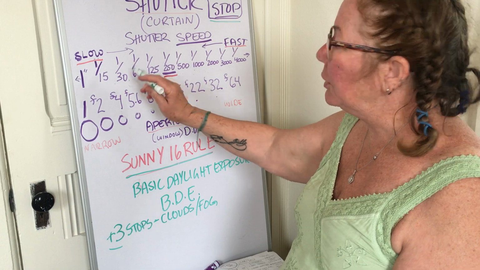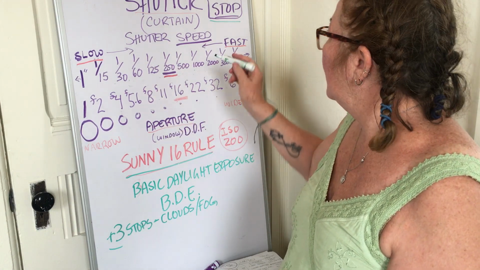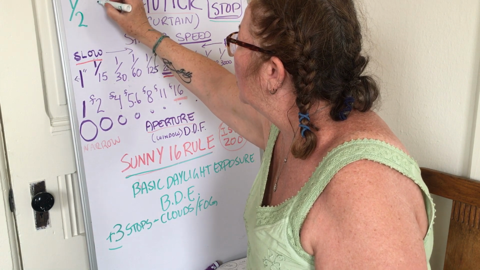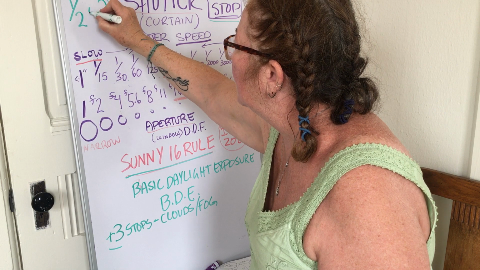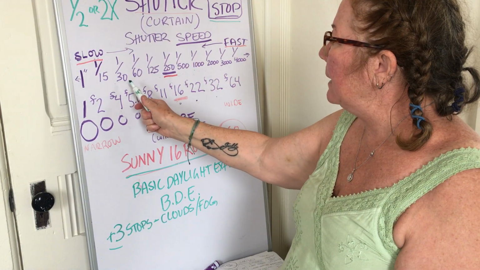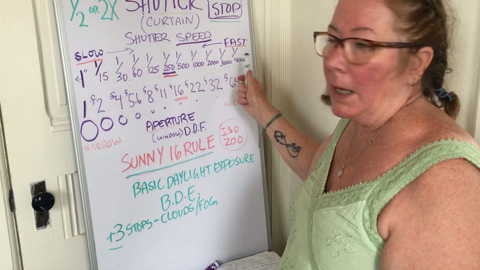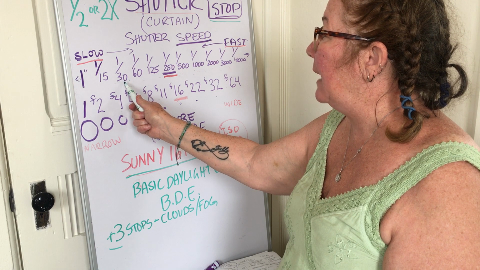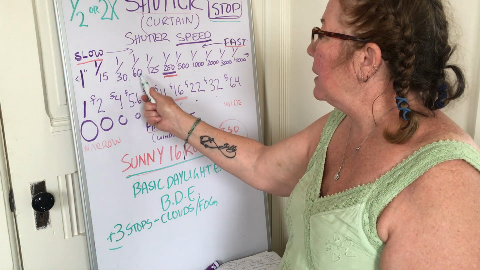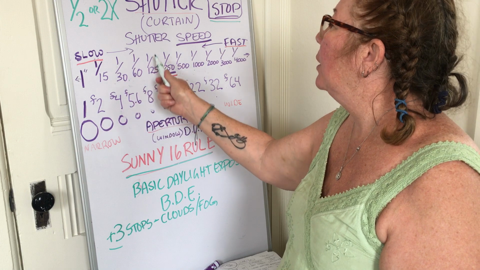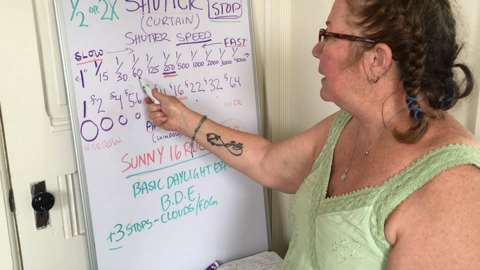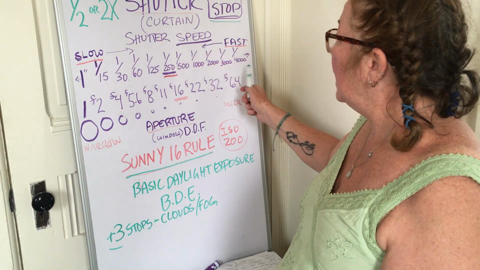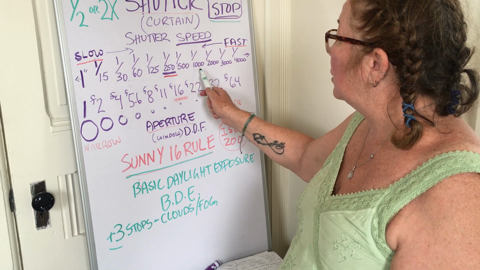So these are full stops, and each stop in photography, right, either is 1/2 or 2 times the amount of light, depending on which way you're going. So if I'm making my shutter speed faster, right, I'm cutting the light in half every time. So 1/30th of a second is half the light of 1/15. 1/60th of a second is half the light of 1/30th. 1/125th of a second is half the light of 60th, right? As we go faster, it cuts the light in half. We go the opposite direction, it's times 2, right? It's 2 times the light